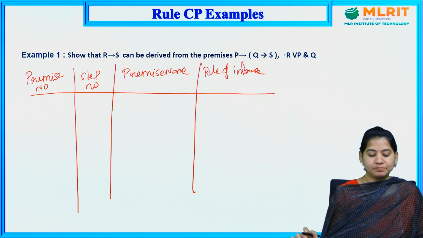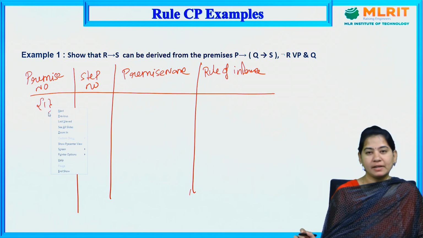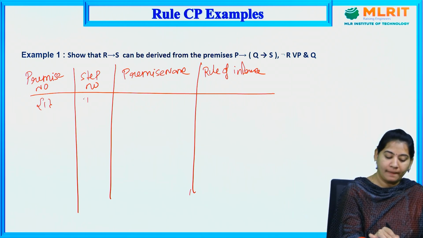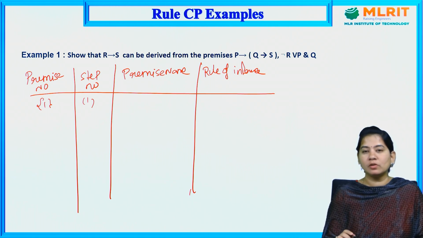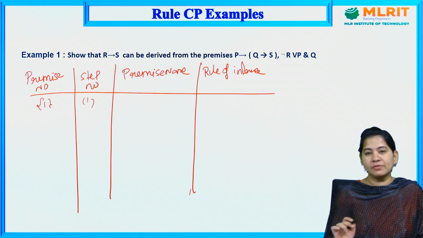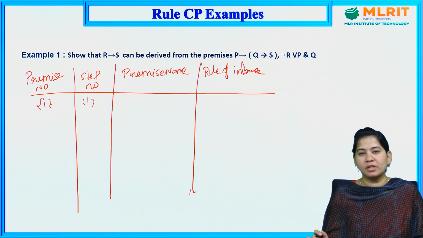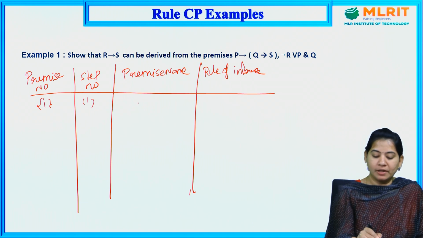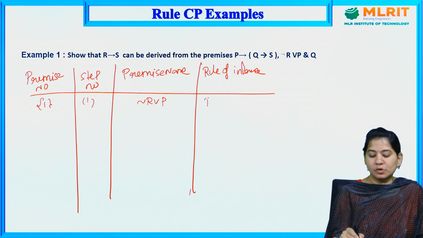So here, premise number is as usual included within the curly brackets. Step number is 1 and the premise name is here. We have to include the premise here, and the second premise, whichever you include, should have connectivity, like we have to use some implication formulas with that. So let us suppose, first I am going to include here negation R or P. This is rule P.